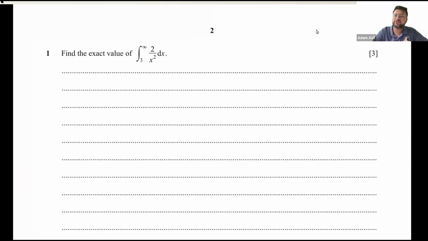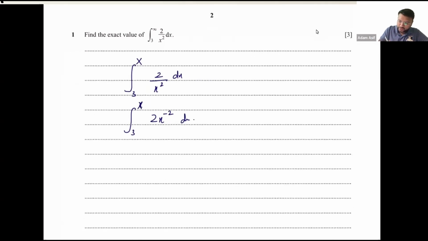Now you have to integrate this from 3 to the upper limit, which is infinite. So whenever you come across these questions, try to replace infinity with a variable x. 2 upon x square dx. Now integrate 2 times x to the power of minus 2. So the integral of 2x to the power of minus 2 would be,